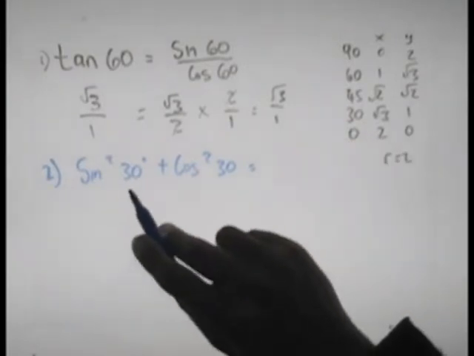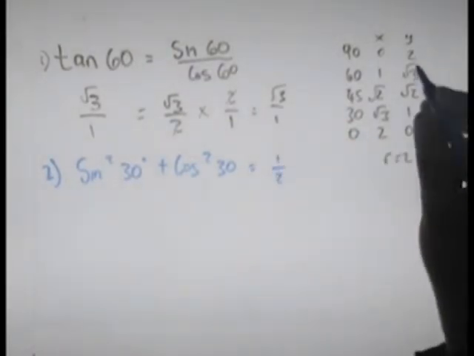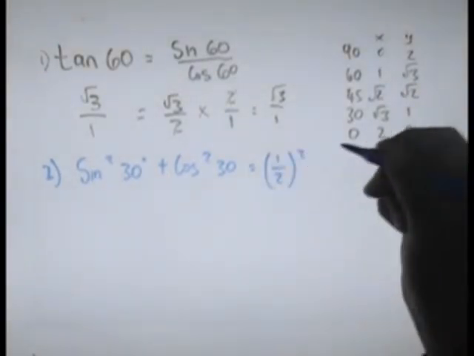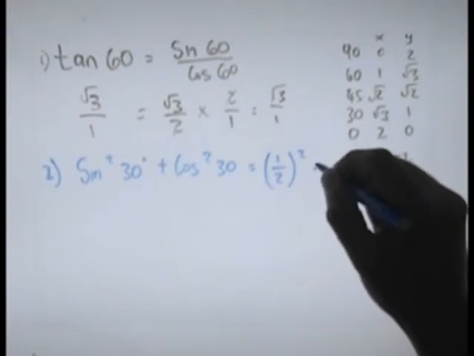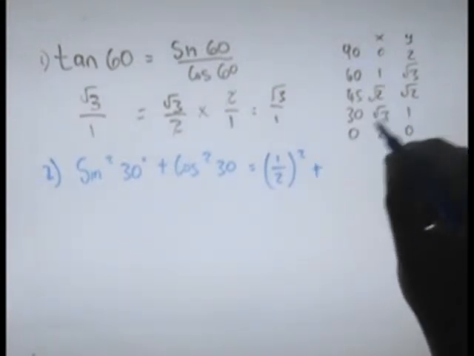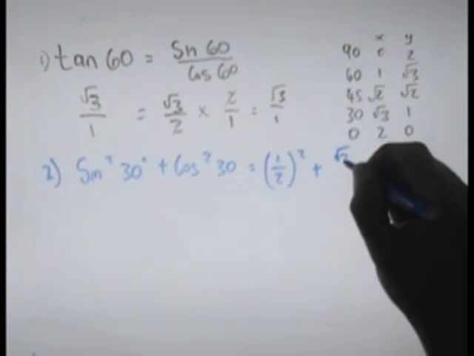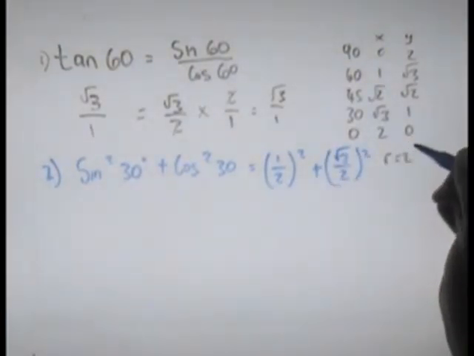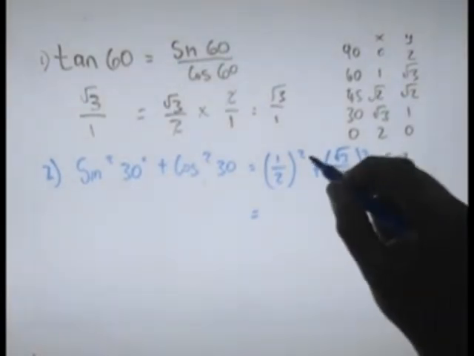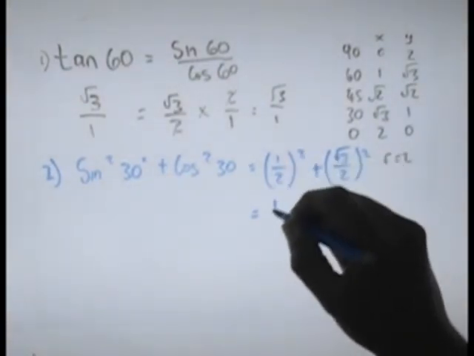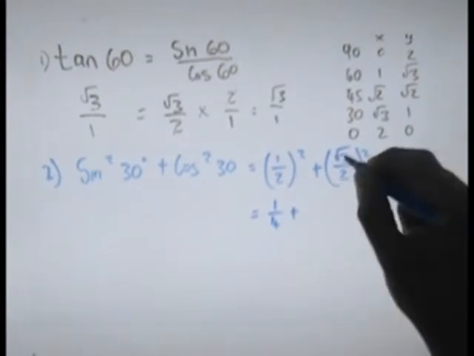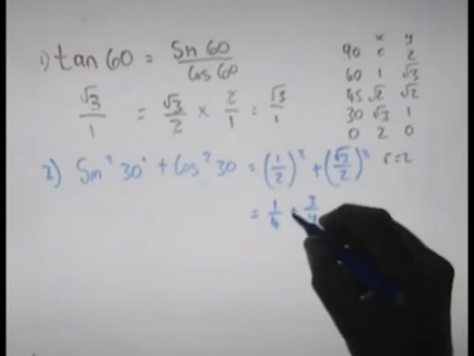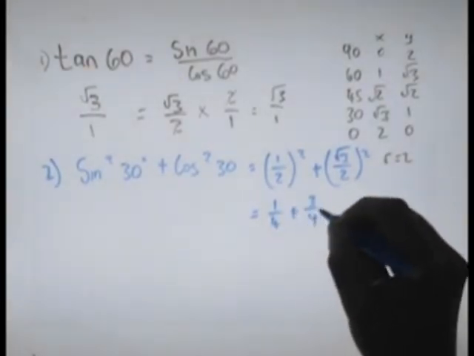Sine squared 30, sine of 30 from the special angles is equal to 1 over 2. Sine squared 30 is 1 over 2 squared, plus cos squared of 30, cos of 30 is root 3 over 2 squared. That's going to give us 1 over 2 squared is equal to 1 over 4. Root 3 squared is 3, 2 squared is 4, so 1 over 4 plus 3 over 4,